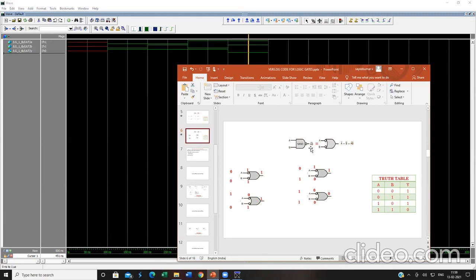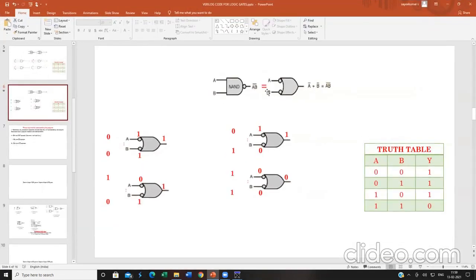AB means A dot B. The dot operator refers to AND operation. That AND operation has been converted into OR operation over here. And the uncomplemented variables A and B, they have been complemented.